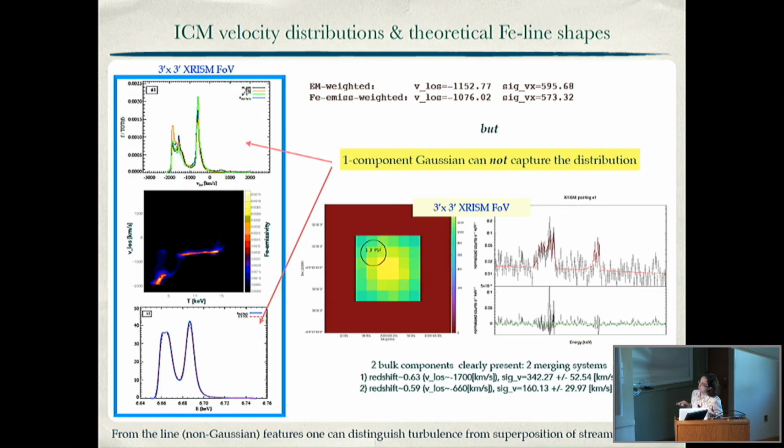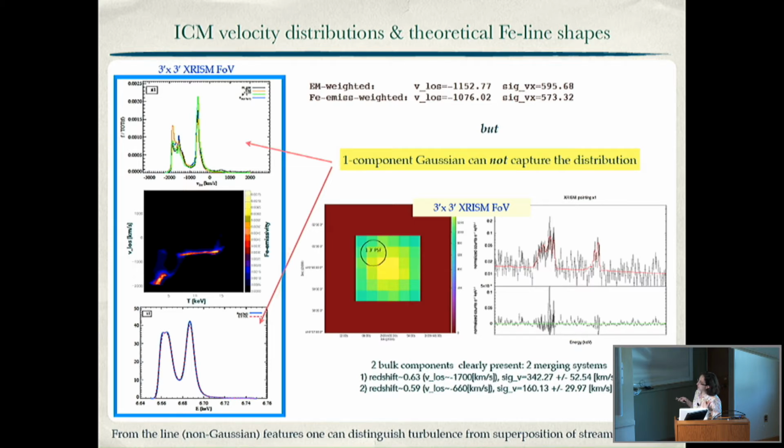Here the distribution is much different. There are two peaks, but they are clearly not symmetrical, so they are actually corresponding to the gas associated to the two clusters. And the center shifts are very significant, so you would expect large motions to be detected. Even if you convolve with the line, of course, these features are preserved. And in the phase diagram, you see that the two components are clearly distinguished and both very bright, also in the temperature range. So this is the whole pointing image.